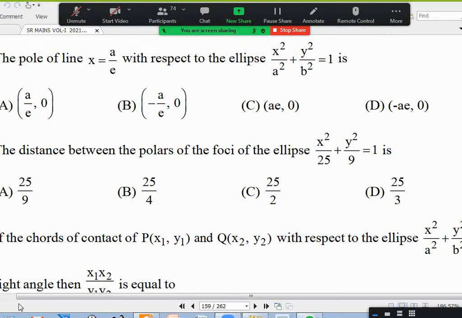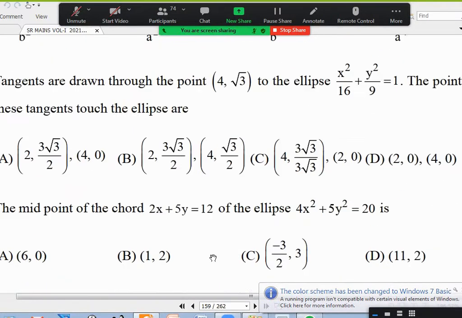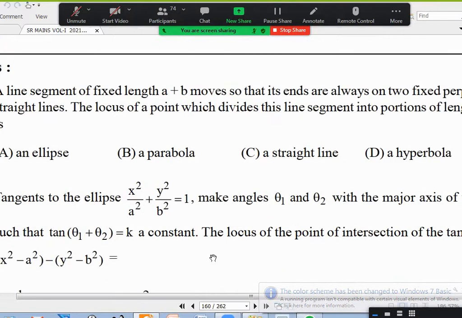You can see on the screen 71, 72. Anybody doubt about 71 or 70? Did I discuss up to 75? Yes, sir, 75, sir. All right. 76, anybody any doubt?